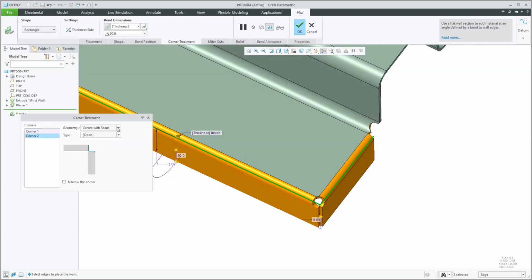If I come over here, drop down and say do not create, it's going to recognize that it shouldn't pay attention to that other wall, and it shouldn't try to add some type of notch on the other end. So it is a little bit tricky sometimes when you start to do your corner reliefs. You've got to pay attention to your corner treatment settings as well. But now that everything looks good, I'm just going to come over here and say okay to go through